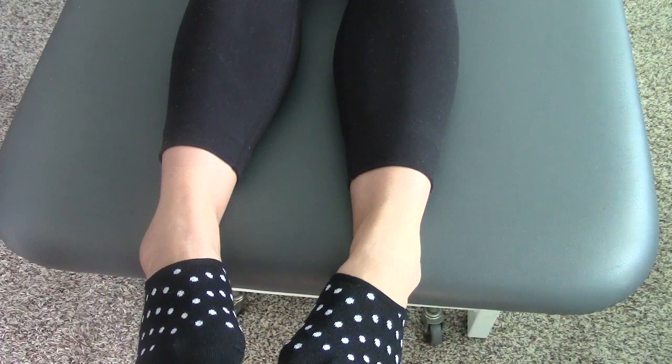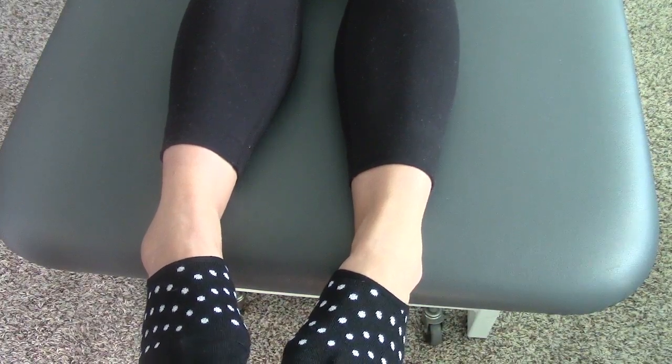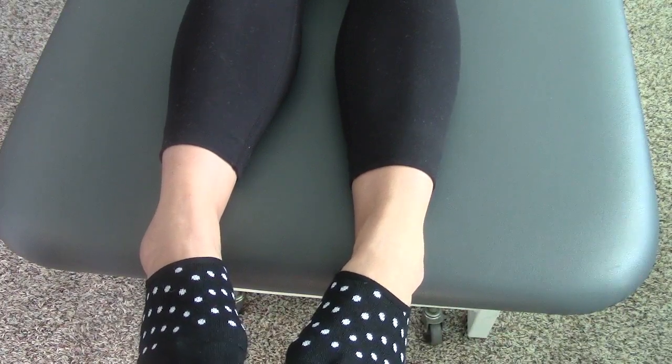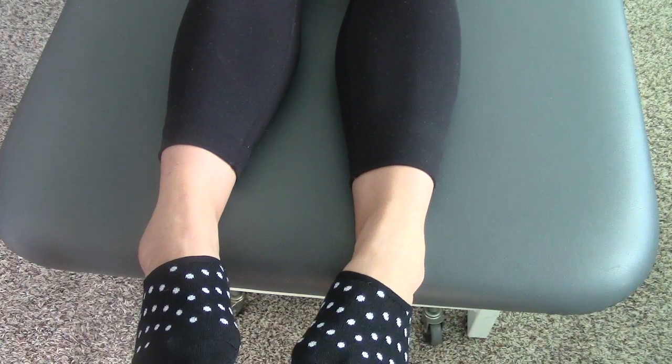Yeah. So as a result of that, you've had a blood workup looking for inflammatory markers, and that was from your family physician? Yes. And so there was no referral to rheumatology? No. Okay. And I also had an x-ray on my hand and foot. Very good. And that was negative? Yep. Okay. I find that her anterior talofibular ligament, which is the most common sprained ligament in the ankle, to